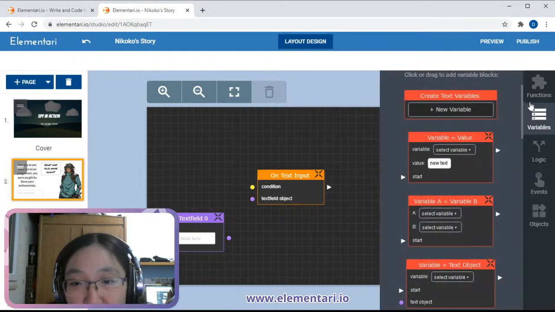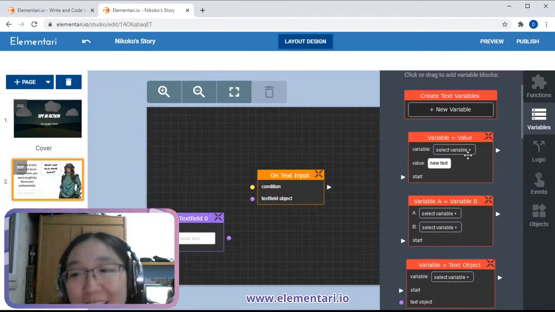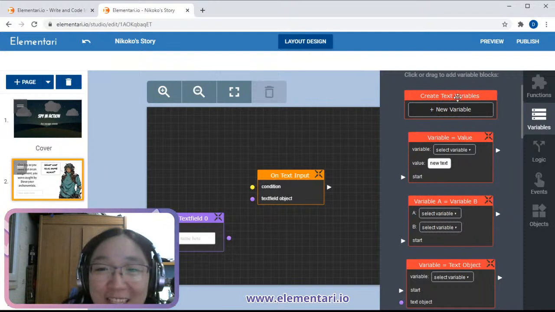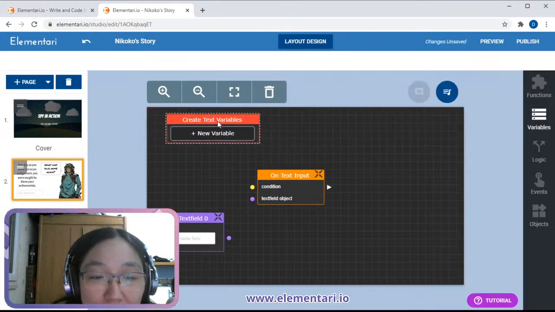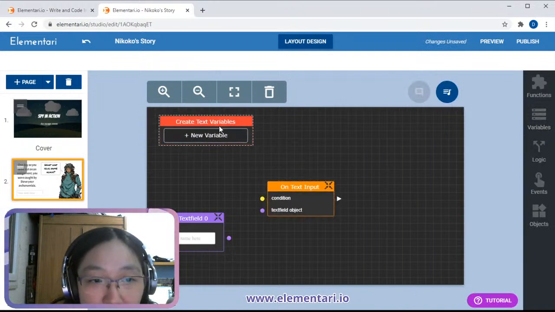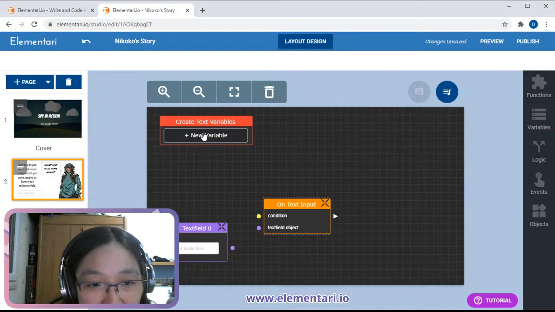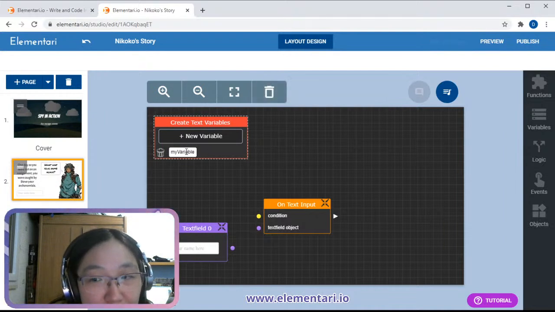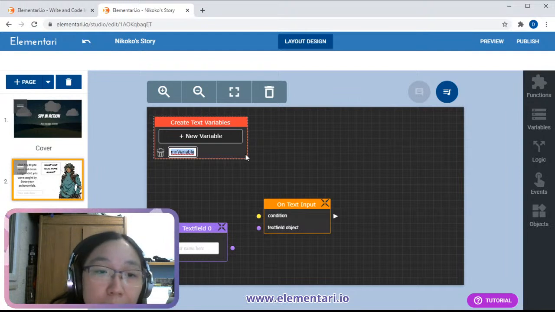Okay, so remember we have these things called variables. We just went over them on the hidden test, and we need a text variable. So do you remember what variables do, or what they are? Variables are containers and they hold a value.